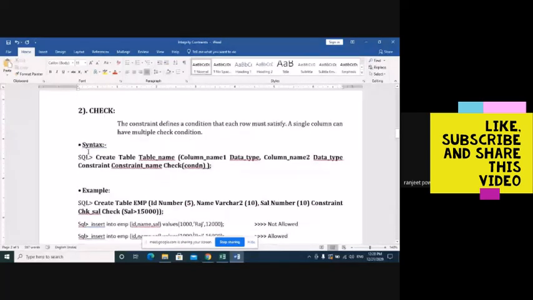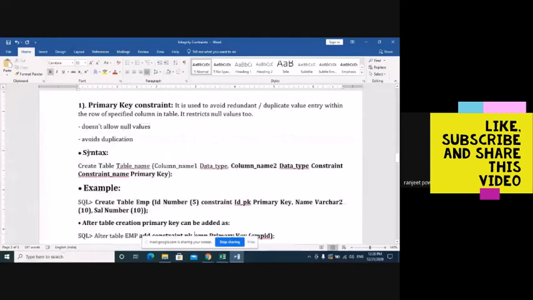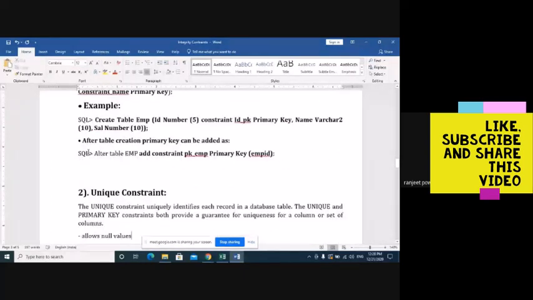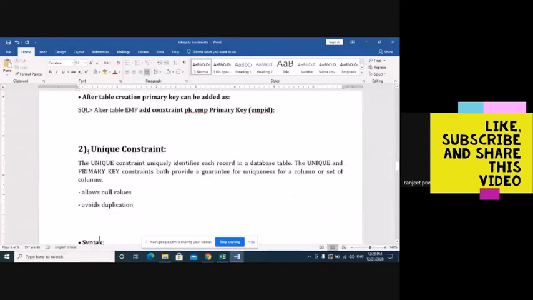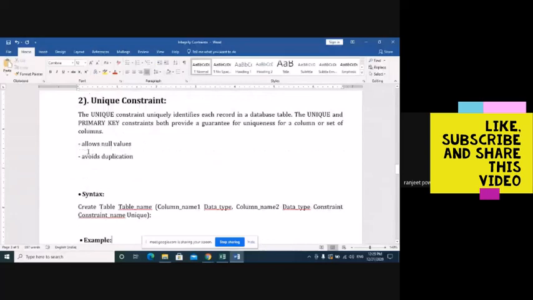In the entity integrity constraint, there are again two constraints: primary key constraint and unique constraint. Primary key doesn't allow null values and avoids duplicate values. A unique constraint allows null values, but avoids duplicate values.